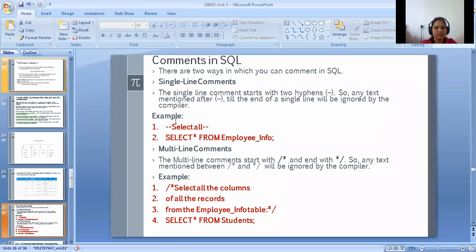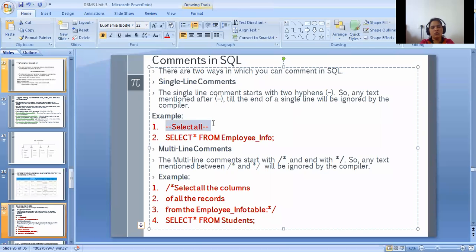For example, select all. This is the comment. Any line starting with 2 hyphens is considered a single line comment. Here we are using select star from employee info.